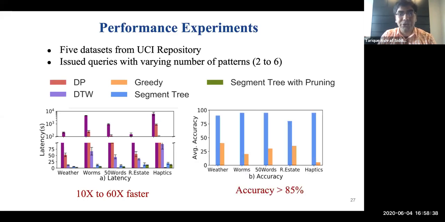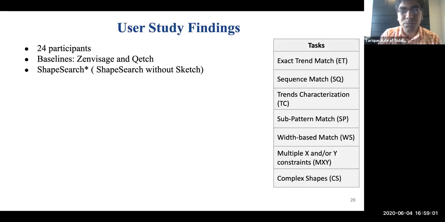On comparing the accuracy of bottom-up with results of the optimal algorithm, we see that the segment tree always gave an accuracy of more than 85%. 85% here is not bad, given the actual matches were essentially indistinguishable. So overall, we see that the segment tree algorithm results in comparable accuracy to that of the optimal approach with very interactive response times. We also conducted a user study with 24 participants and compared ShapeSearch with ZenVisage, our own system, and